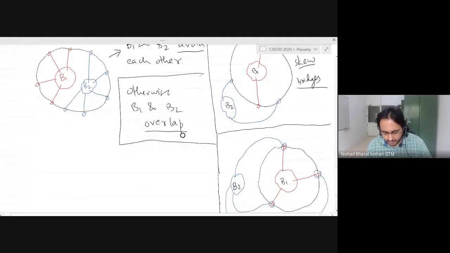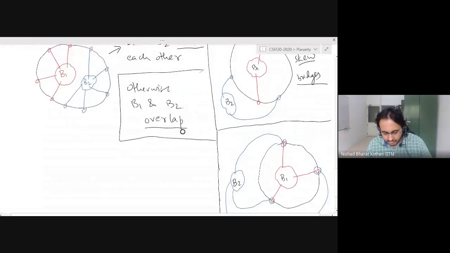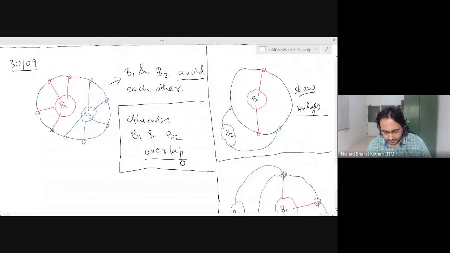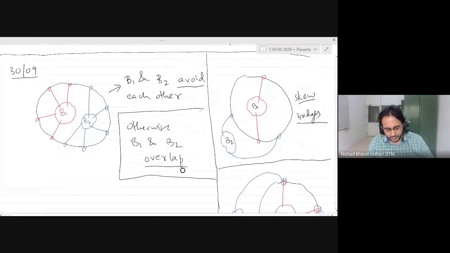In yesterday's lecture, we had several definitions, and that can get a bit confusing. So I've made some drawings here just to remind you of the important definitions. Each of these drawings is an abstract drawing. I haven't drawn concrete graphs. What you have is a cycle, and you have two bridges, B1 and B2. And in this drawing here, the two bridges avoid each other.